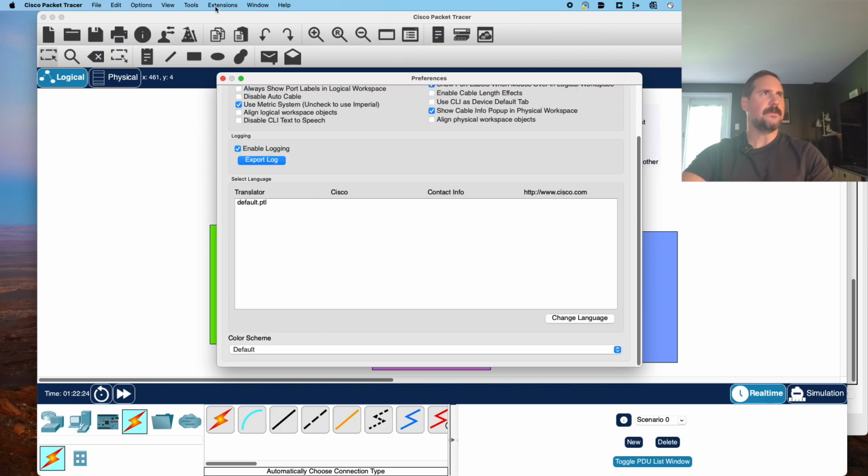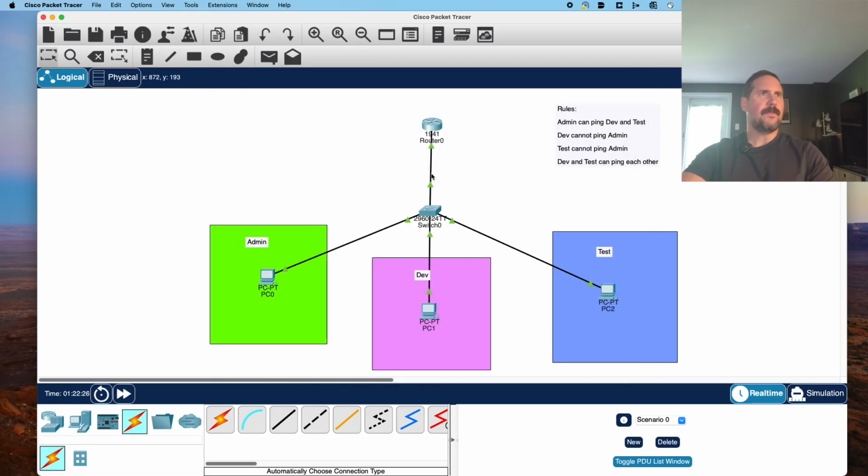And I need to, so if I mouse over this, there we go. All right, so it shows me the port labels. And they are FA01, 02, 03, and 04 for the trunk. Okay, so let's configure these